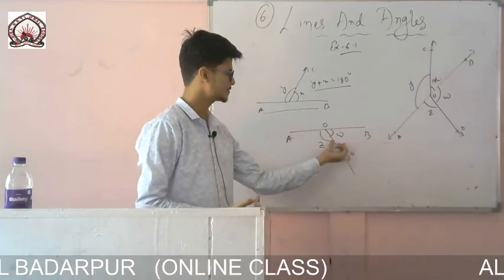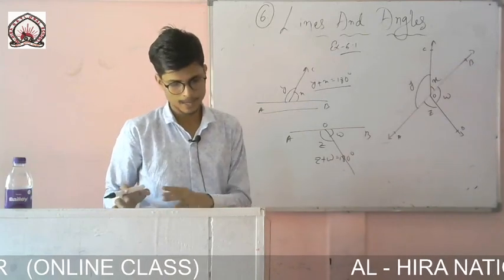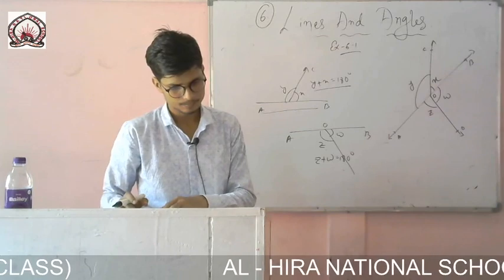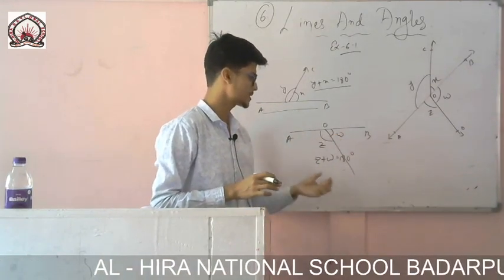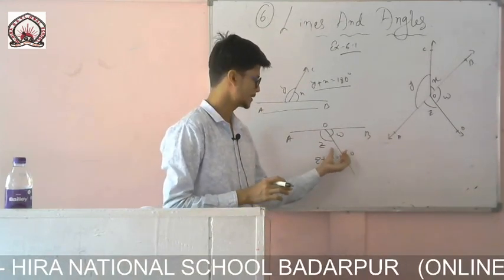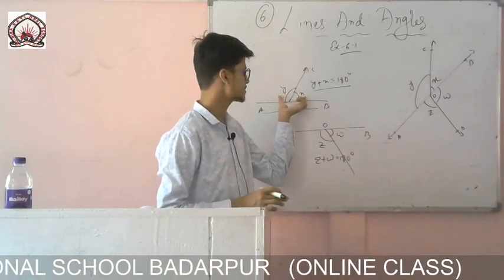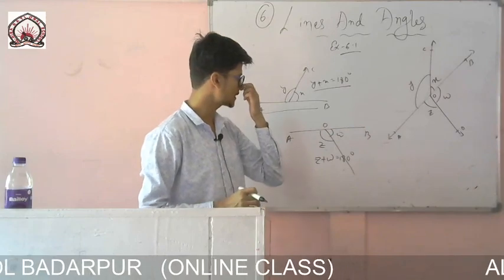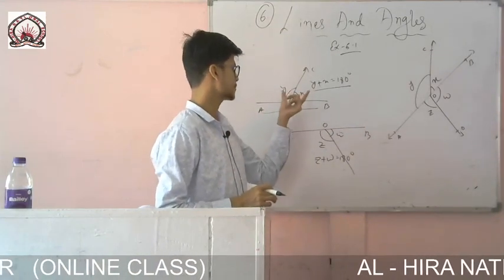If the sum of the linear pair comes to 180 degrees, then I can say that it is a... so the sum of these two adjacent angles is 180 degrees, then I can say that they are linear pairs, and the sum then forms a straight line. They are also the same thing. If the sum of these two adjacent angles, that is x plus y, is equal to 180, then I can say that, sorry, the sum of adjacent angles.